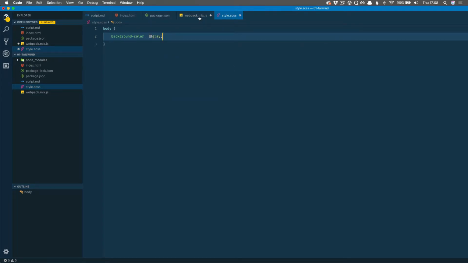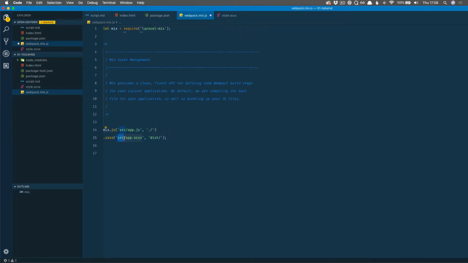CSS. And what we'll say is // again, which means this directory or relative to this file, process style.scss, and then output it to the same directory, but we're going to rename it. We're going to call it app.css. So you can either leave it blank and it'll use the same file name, or you can give it a specific file name. Now, let's just give this a quick test, but in order to do that, we need to